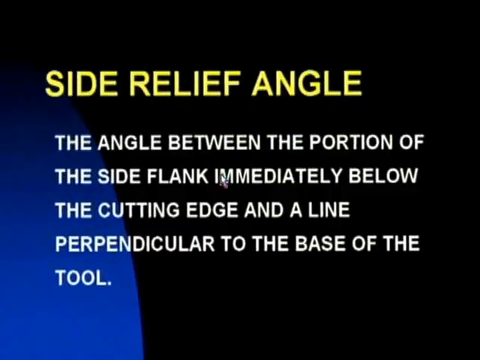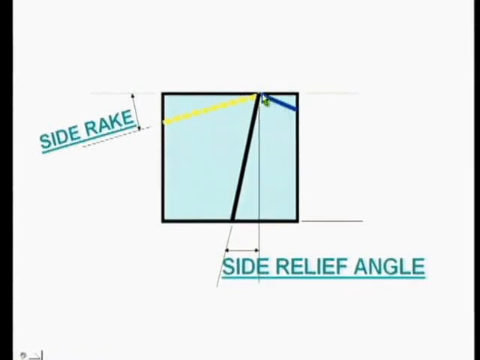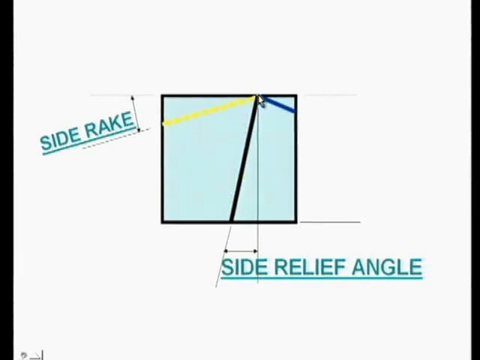We will see it in the figure also. In the figure, it is clearly visible here. This view is the end view of the cutting tool. This is one cutting edge, this is the other cutting edge. This cutting edge is actually the end cutting edge, and this is the side cutting edge. Here the nose is directly given a taper up to the base of the tool.